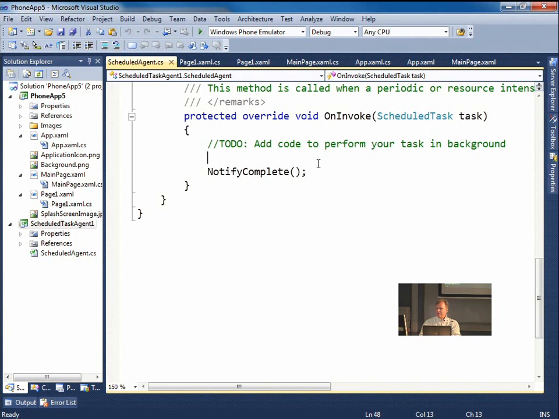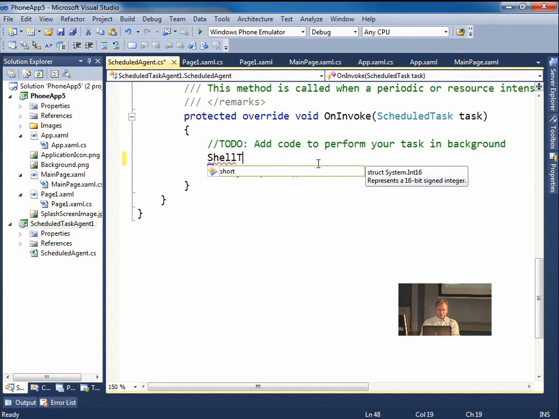So in this case, I will not, of course, implement all the logic to check online to my web server, checking if I have a data connection, if I have some new information, storing my information locally to a file or a database, and then notifying my user that some new data has to be handled. I will directly go to the notification of my user. And what I will do is